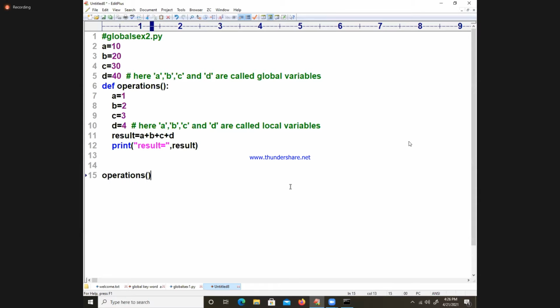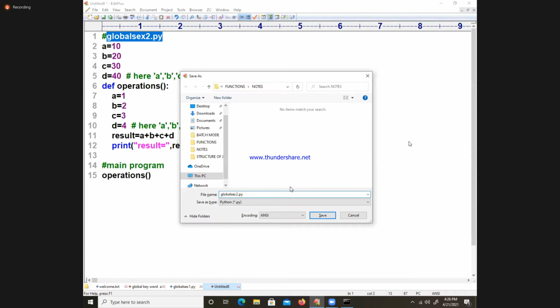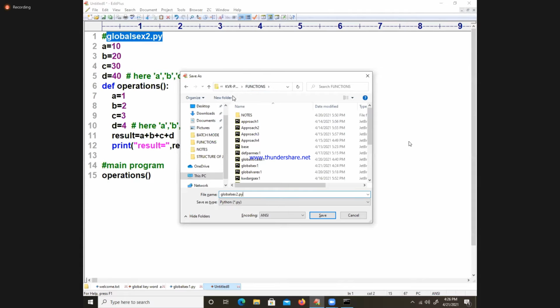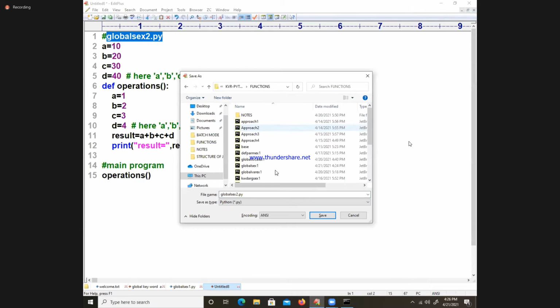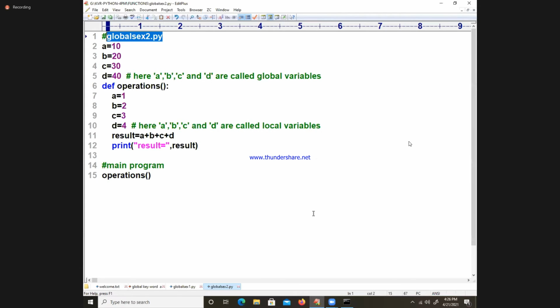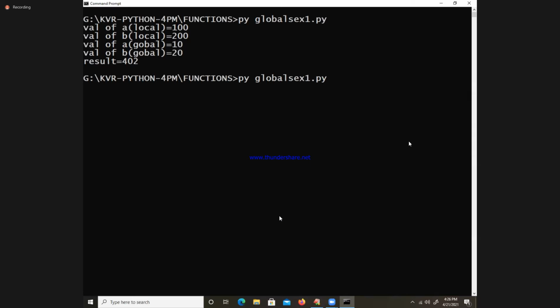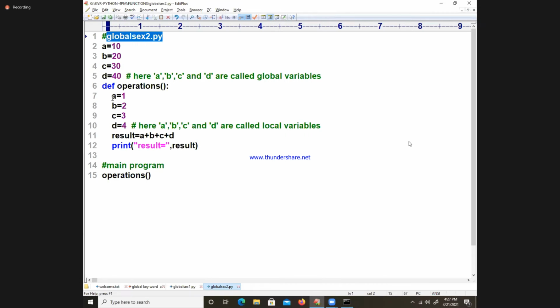So you say main program. Just save this code. Go to the location of it, functions, done, go to the place, globals example 2.py, 10. Now, ultimately, these are taken as which variables? All of them are which variables?